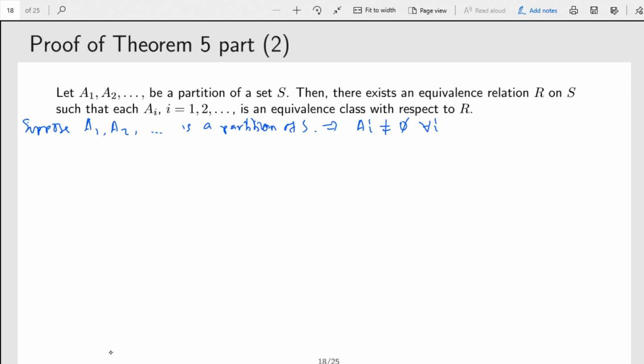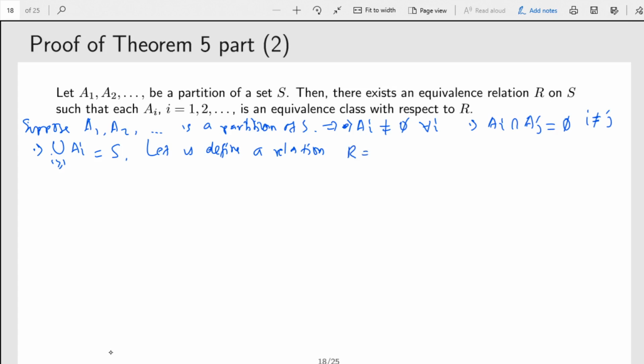and then also that AI and AJ are disjoint if I is not the same as J. And of course the third one, the union of all AI is actually S. Now let us define a relation R, where R is a set of A comma B from S times S, if and only if A comma B is a member of R if and only if